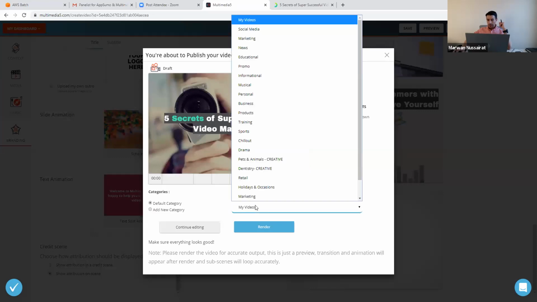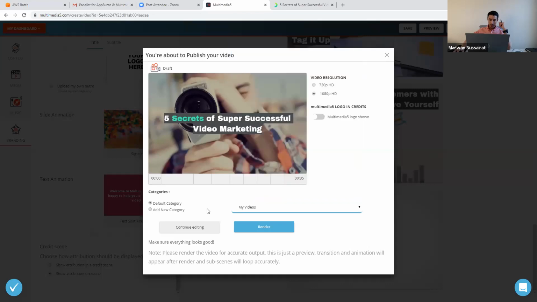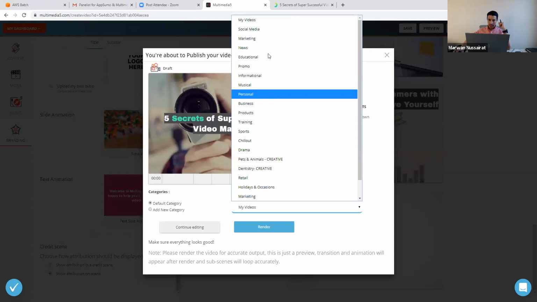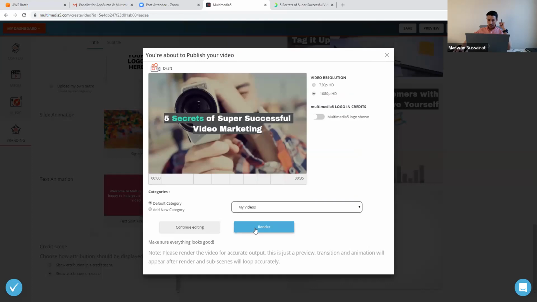This is another feature where you can add your videos, organize them, and add them into folders. You can create your own folder by just clicking here and adding a new category, or you can assign it into these standard folders like business, personal, musical, informational, and so on. And just click render